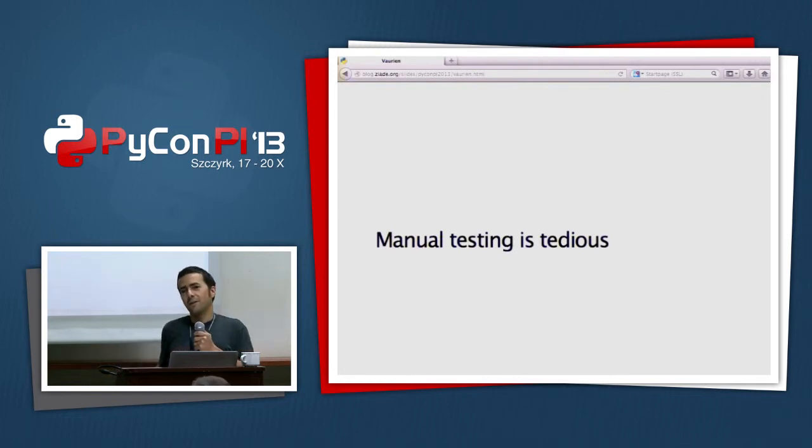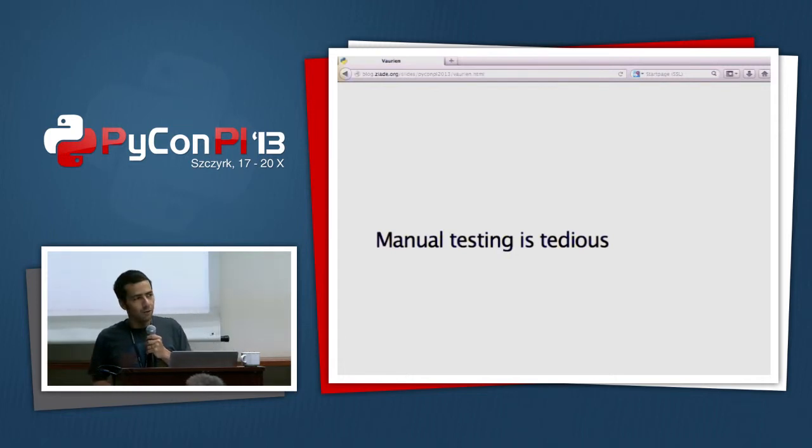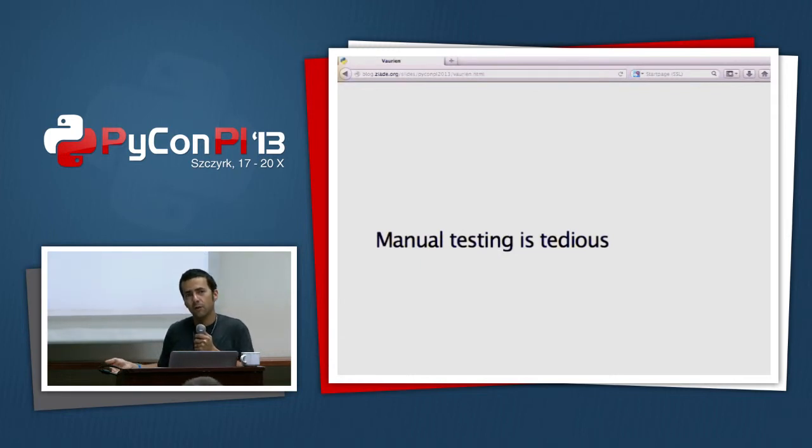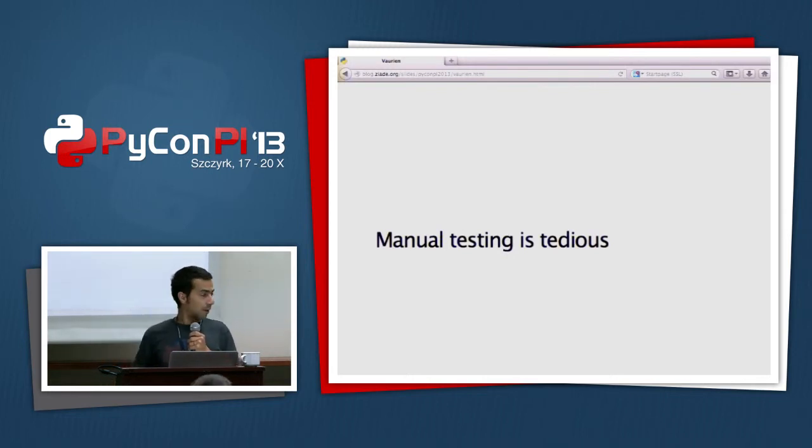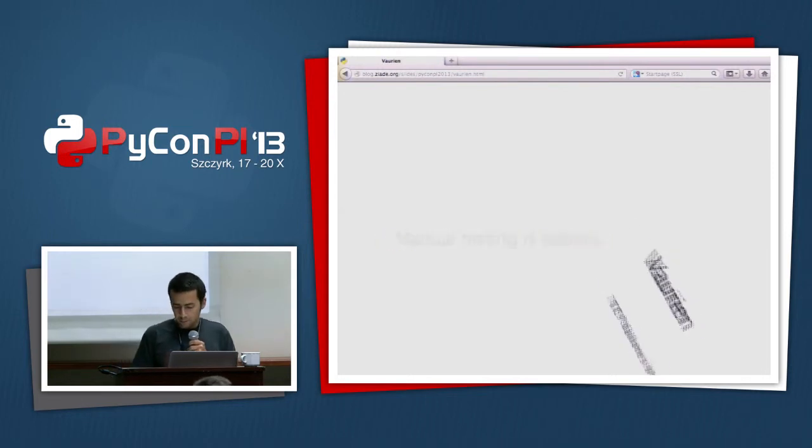But if you have, I don't know, 20 backends, like an application like Firefox Marketplace that interacts with 20 other servers, it's impossible to do it properly. So manual testing is something I don't want to do. I want to be able to automate this I/O testing and be able to run it just by calling a test or something.